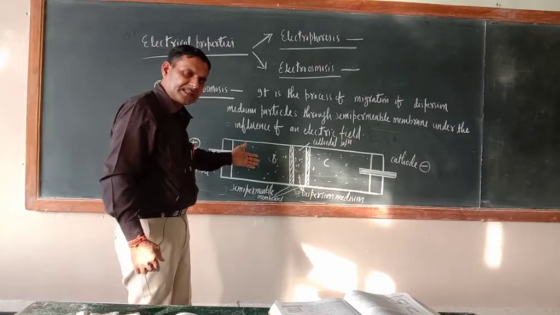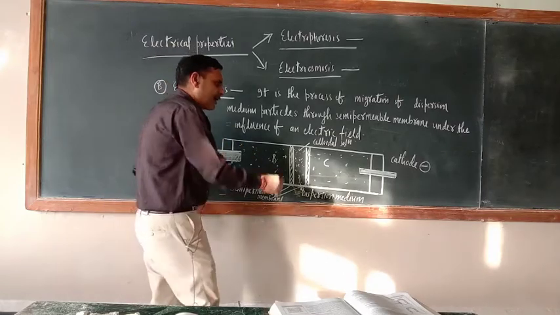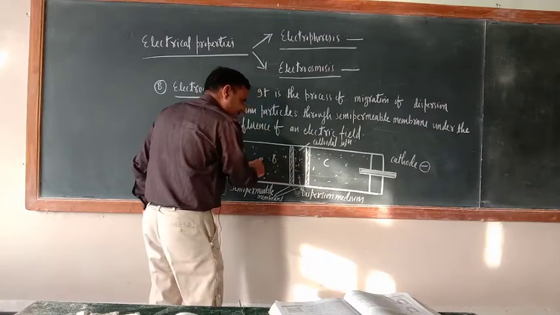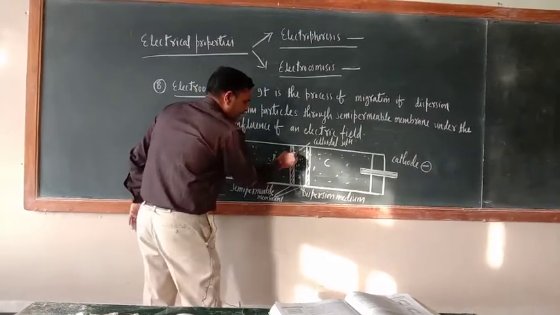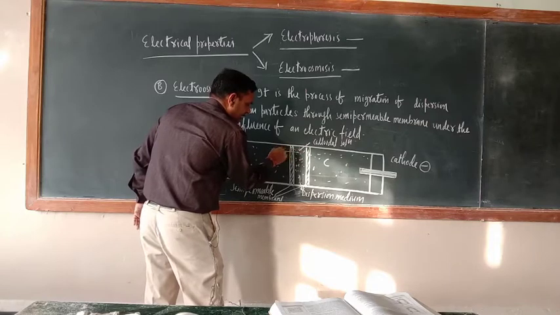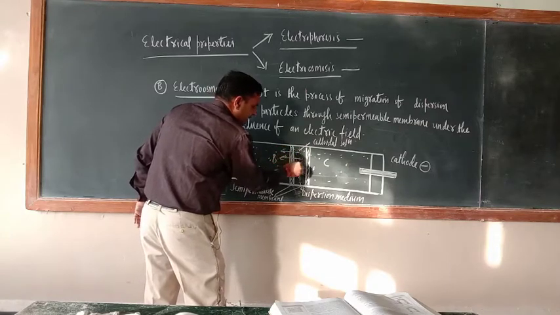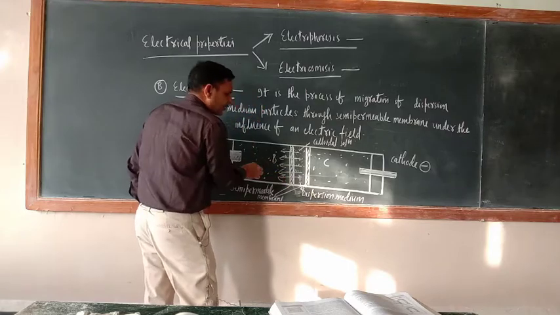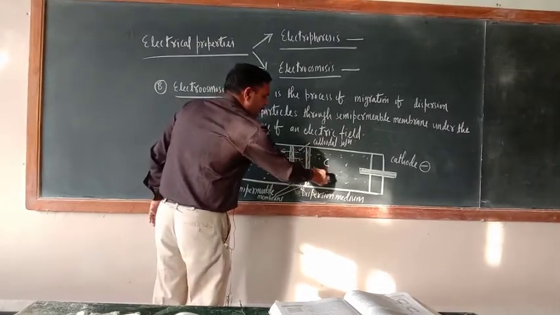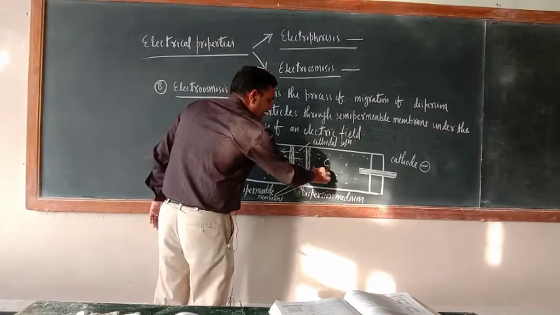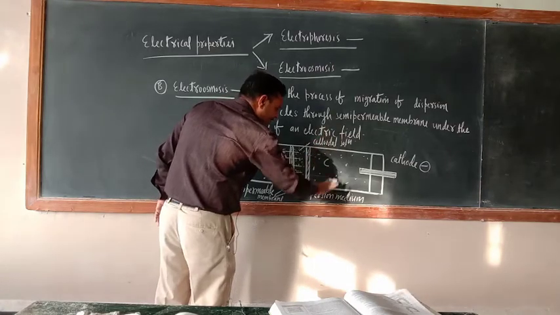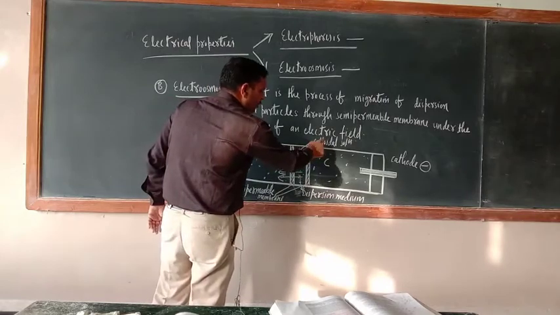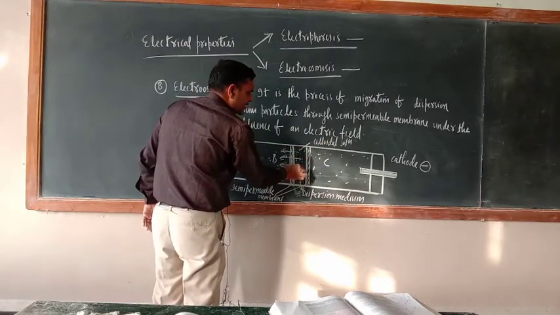Supply the electricity here. Then what would happen? Either this side or this side, let me say this side. These dispersion medium particles from this colloidal solution will migrate toward this side. So the volume of the solvent or dispersion medium on this side will decrease, while the B side will increase, because the dispersion medium particles come from the colloidal solution.